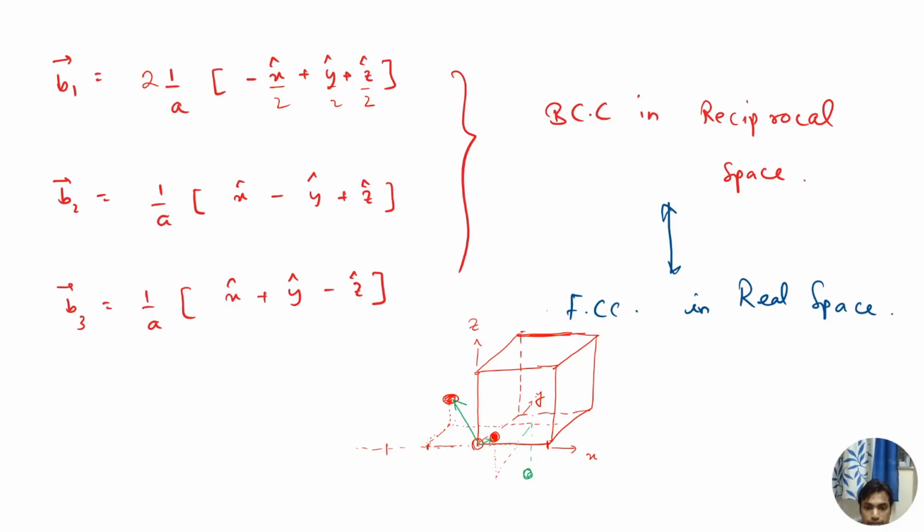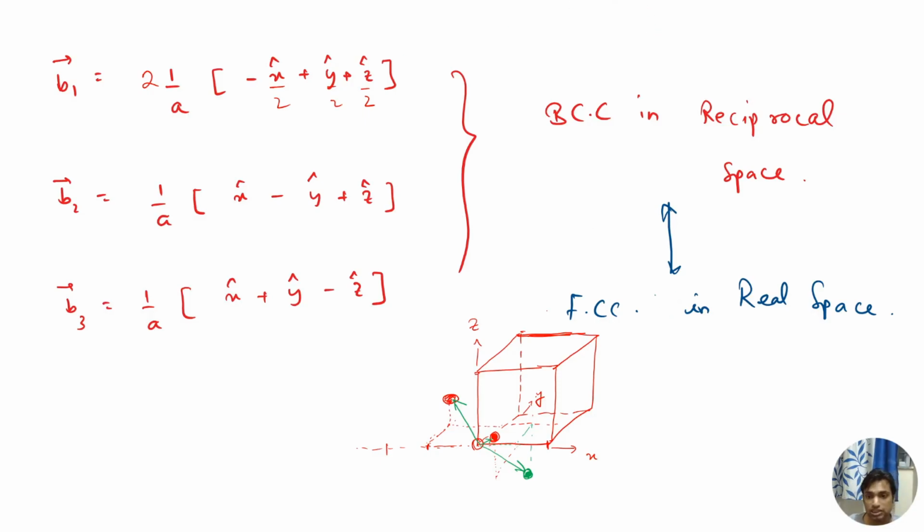So you are at the body center of the neighboring cube, which is along the direction minus z cap. So this is your other unit vector. So from the edge of a cube to the neighboring body centers, this is defining a reciprocal